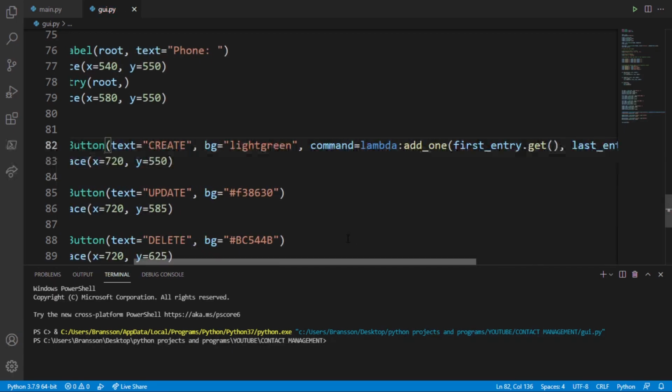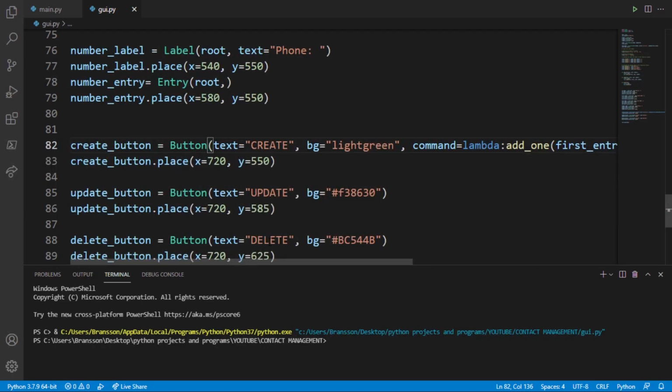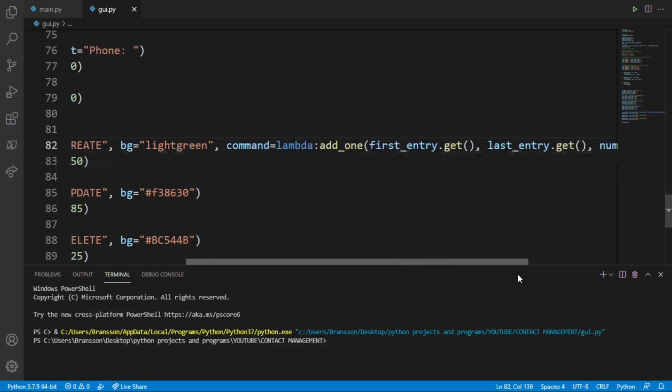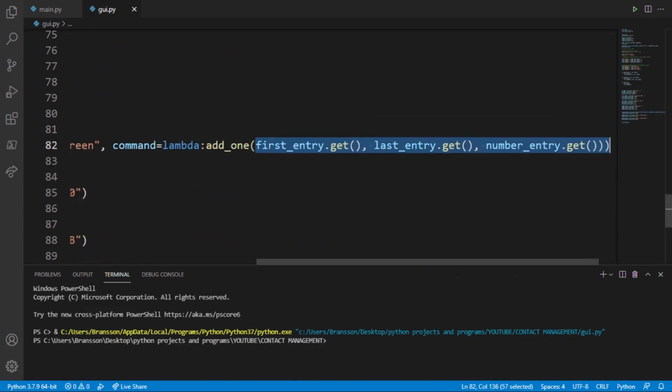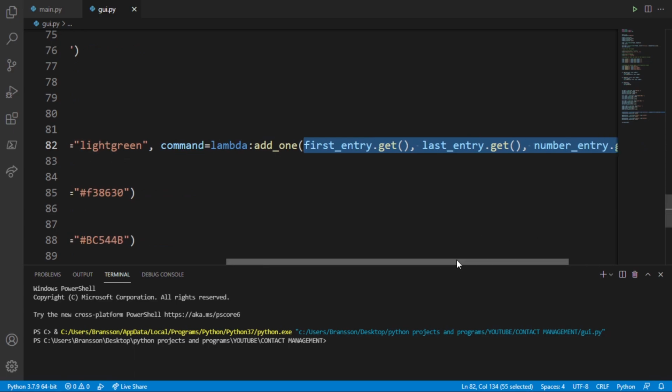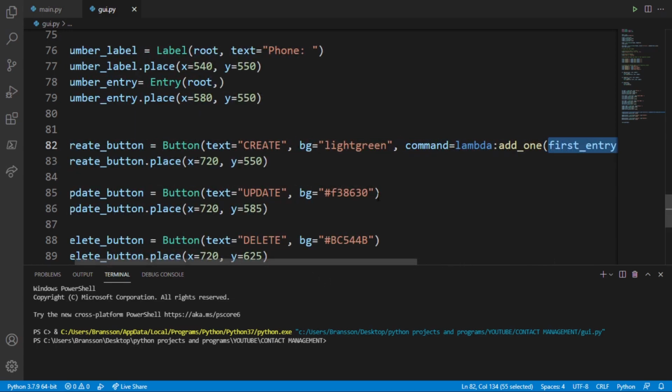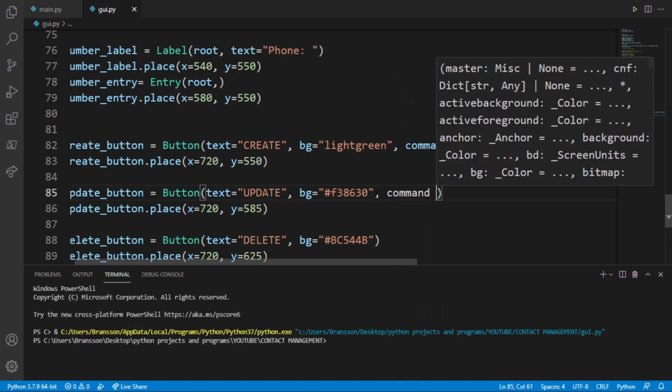For the other one, which is for the update button, I think it's still going to take the same parameters. So I'm just going to copy everything here, which is the first entry, this and this. I'm going to grab that and copy that. Now this one is going to take a command. Command should basically be equal to